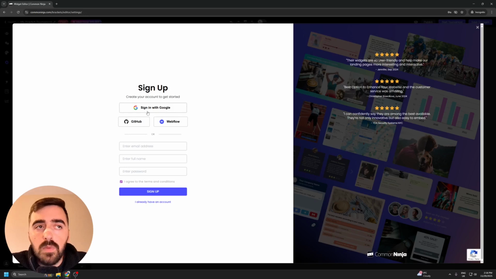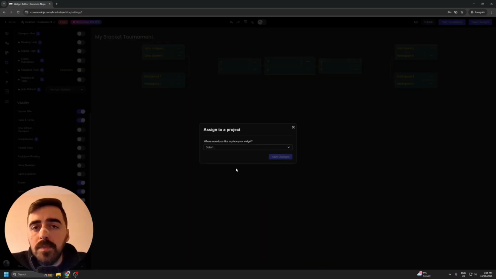You can either sign up with your Google account, GitHub, or Webflow, or you can take the traditional route and sign up with your email address, full name, and then password, and just click on sign up right here. In my case, I'm going to sign up with Google. Then you'll be told to check your inbox, follow the steps on there, and then you'll automatically be redirected to